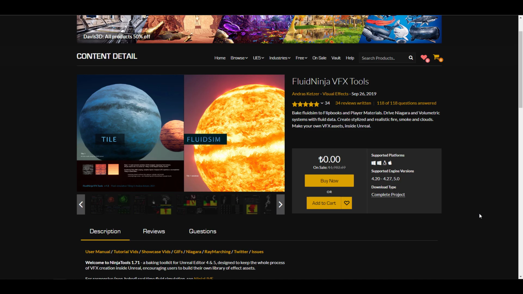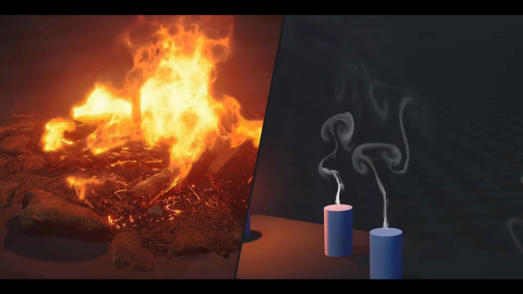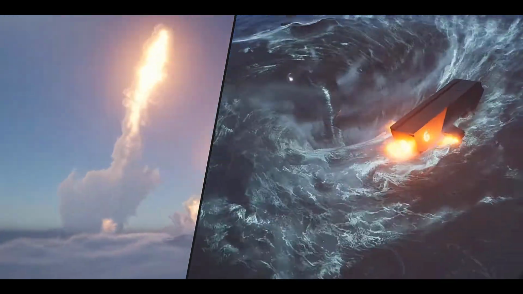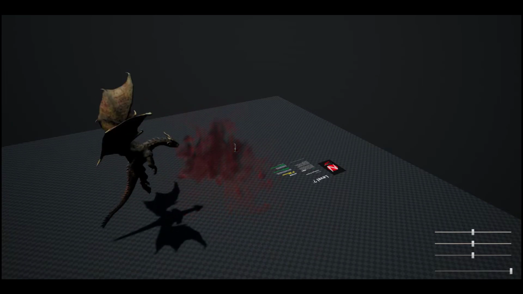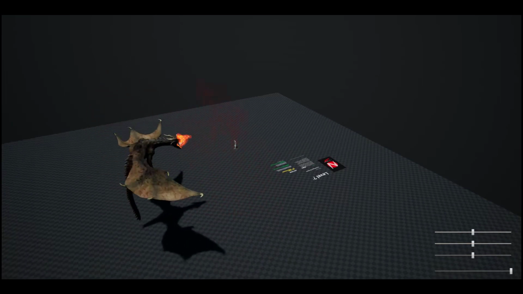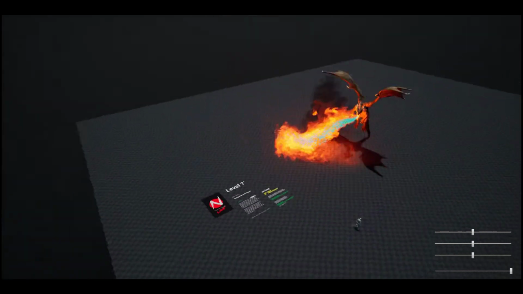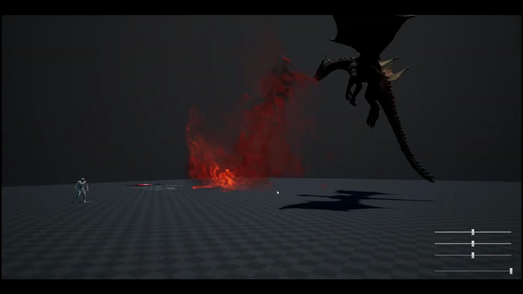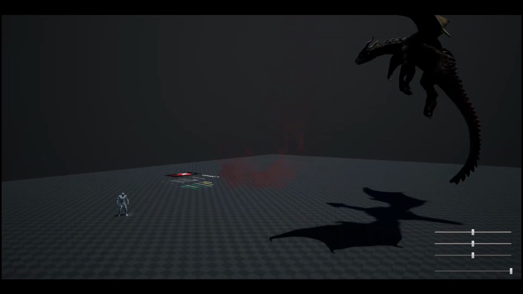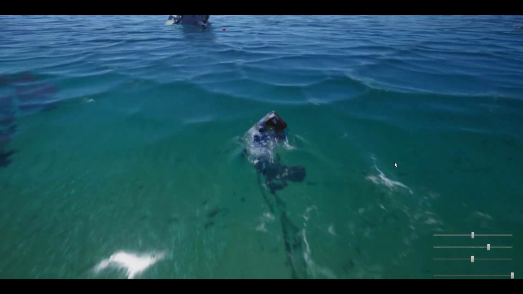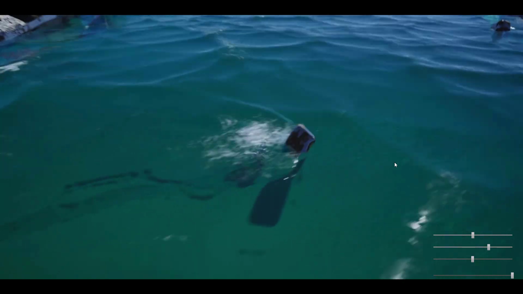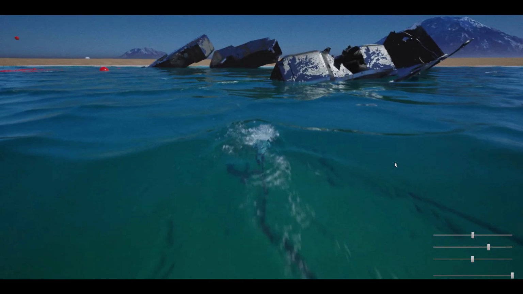Fluid Ninja VFX tool is a set of tools that allow you to create fluids and bake these fluids into flipbooks and player materials. With the Fluid Ninja VFX set of tools, you can create stylized and realistic fire, smokes, and clouds. At the same time, if you're also thinking about making your own personalized assets directly in Unreal Engine by simply using this set of tools, yes you can. And of course you can drive the Niagara and volumetric system with fluid data. Now for those who are thinking about exploring this, it comes with a cool set of features and is fully compatible with Unreal Engine 5,